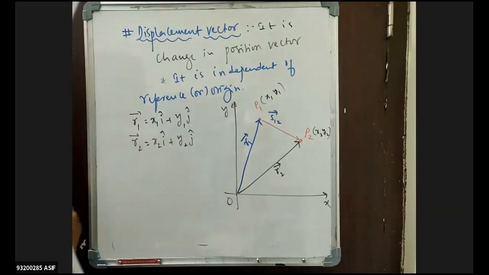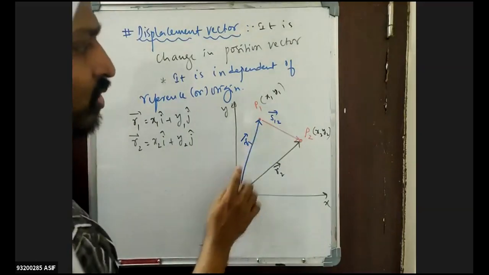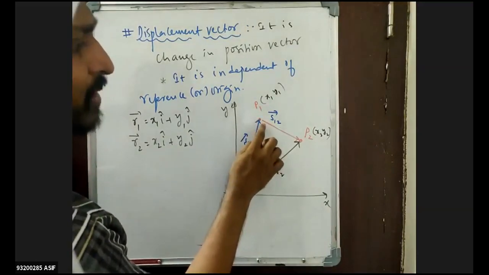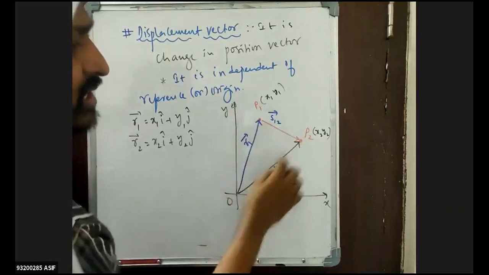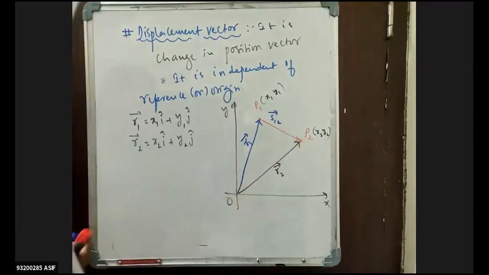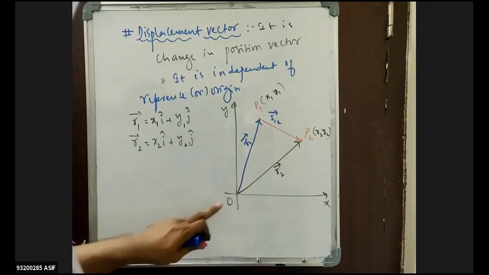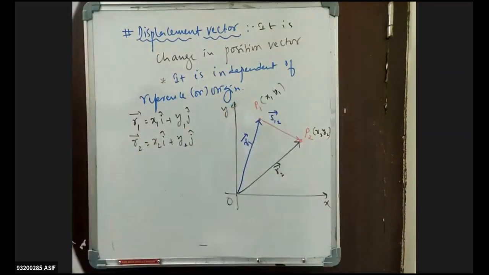Now see here, is it not forming a triangle law? You see, O to P1 is one vector and P1 to P2 is another vector. Two vectors taken in the same order. The closing side of the vector taken in the opposite order will give me the resultant. This is nothing but O. This one is P1. This one is nothing but P2.